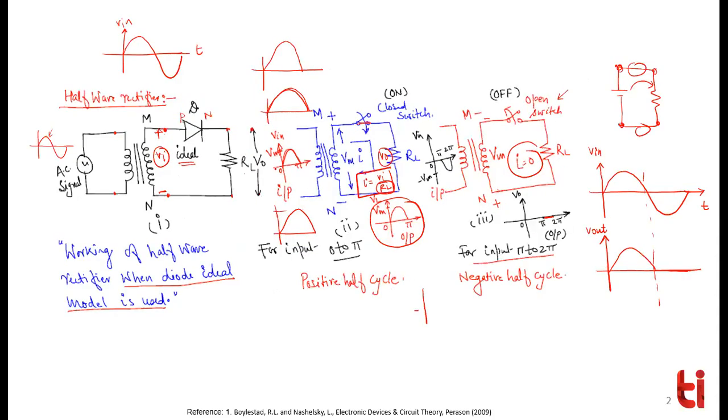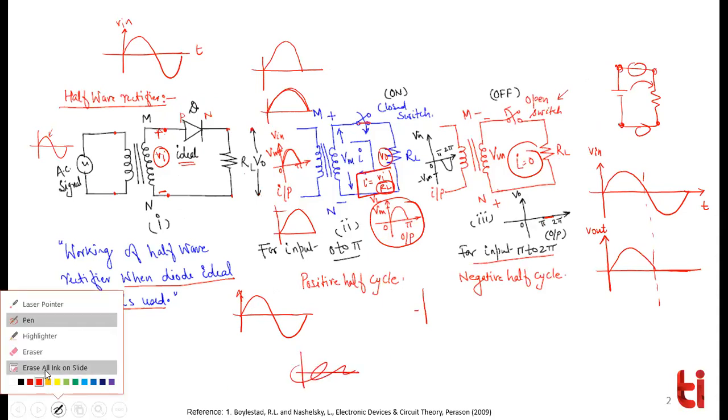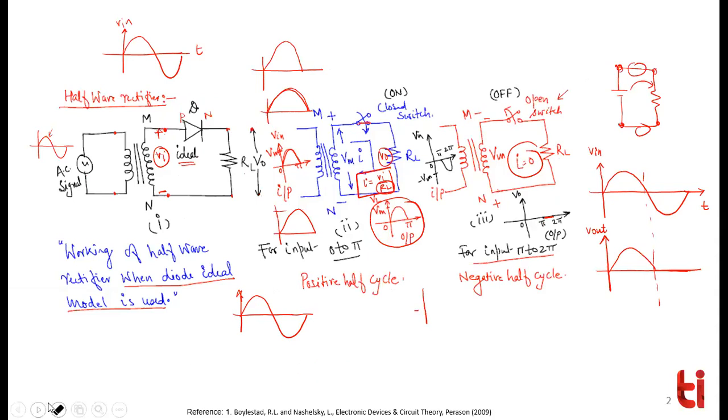Some students don't go to the next page. What they do is they make VIN over here like this, and they make the output over here. Let's say not here, let's say here. Let me tell you what I wanted to tell you. They make it over here and like this. So the complete meaning of this graph gets changed.